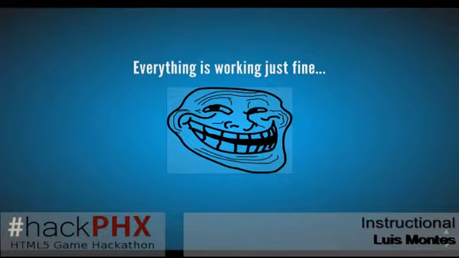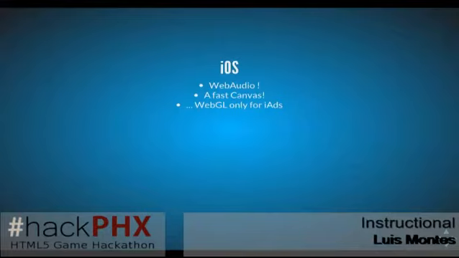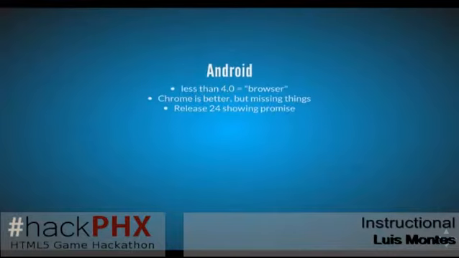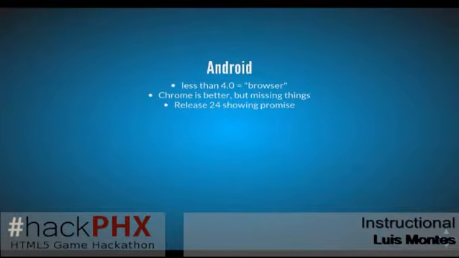They're in various states. Like the one for iOS, iOS 6, and especially the newer tablets, the newer iPads, they have web audio. Now iOS 6 is web audio, which is cool. It's got a fast canvas, and you could use WebGL for iAds. Not for your game. I don't know. It's weird. Android, if it's less than 4.0, the browser in there is Android browser, and that's horrible. That's the new IE6. That provides us a canvas, I think, and that's pretty much it.